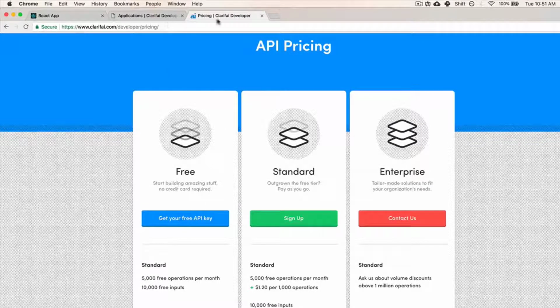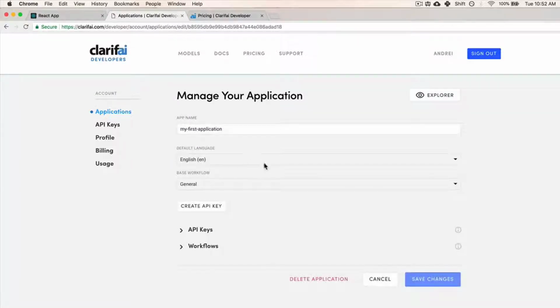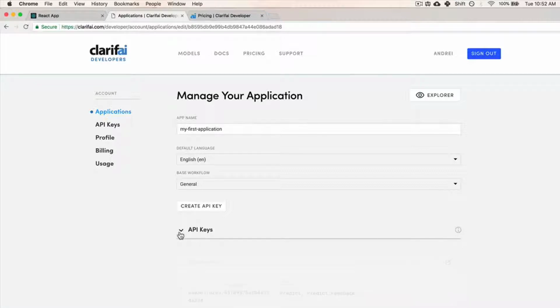You just log in, and once you create your account here, you'll be taken onto your profile. They might already have a first application for you. If there's nothing here, you just click on Create New Application. You can title your application whatever you want, but you don't need to touch anything. If you go to API keys,